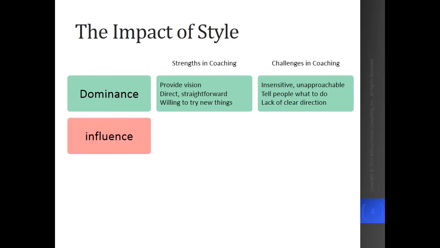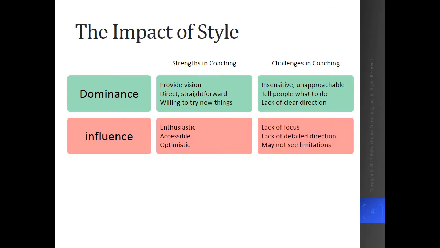As we look at the influence style, one of the great strengths is their enthusiasm and their optimism. They're so encouraging and optimistic about people and what people can do and what people can accomplish. They really are good cheerleaders at supporting people going forward in some of their attempts at things that they're doing. Some of the challenges they have in coaching is that they may lack clarity or focus in their direction and their expectations. Some of their communication at times may be confusing to people because they tend to provide that broader scope look without some of the specifics that they may need to be sharing. So that can be hard for people sometimes.